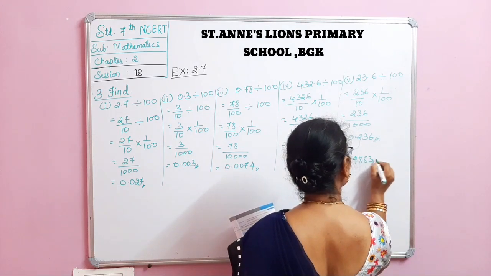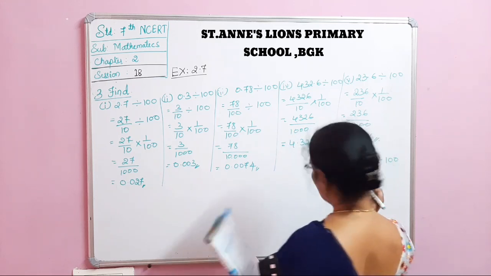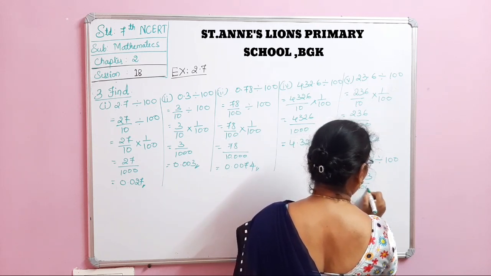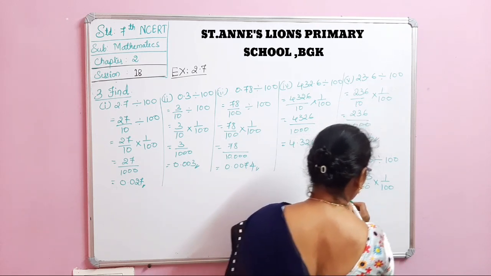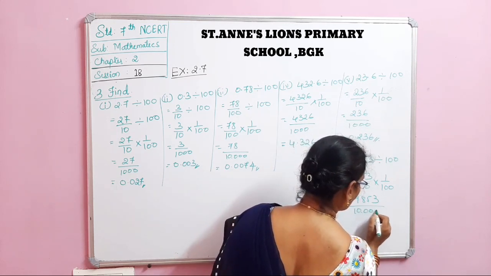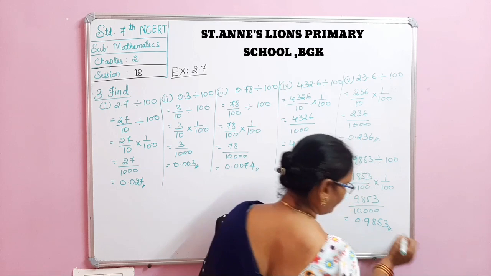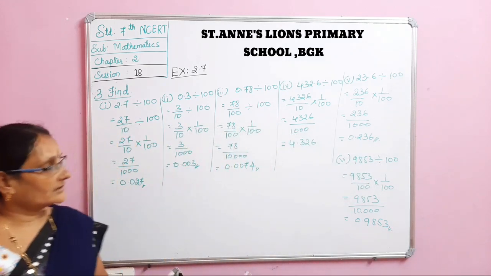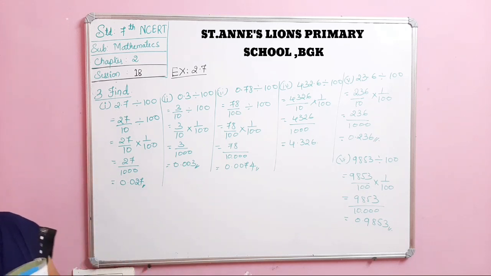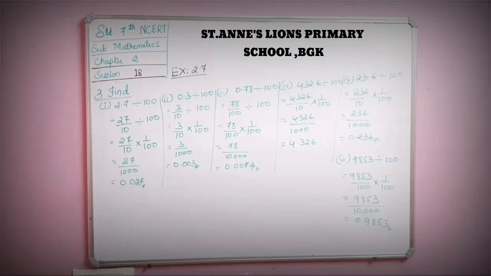Then the last one, that is the sixth one, I do here only, that is 98.53 divided by 100. Okay, now 9853 by 100 into 1 by 100. So 9853 divided by 10,000. So 0.9853 will be the answer. This is what third main, all the 6 sums I have done. Then the next one is fourth and fifth. Again the sixth main is home assignment.